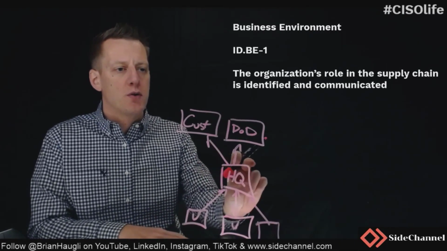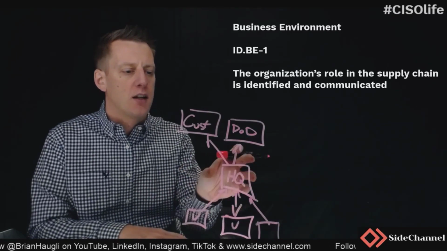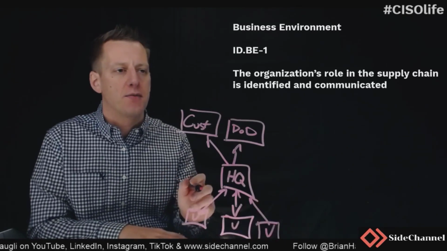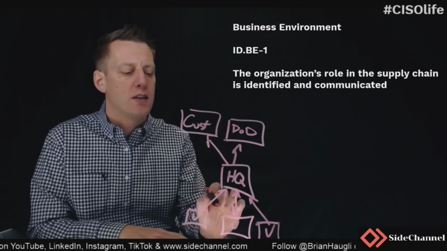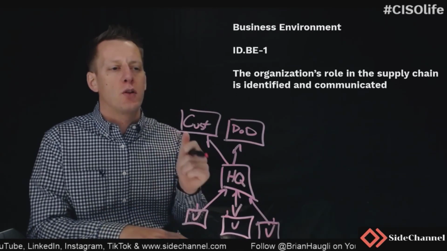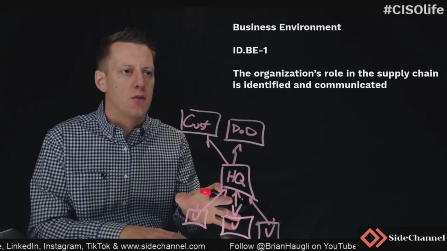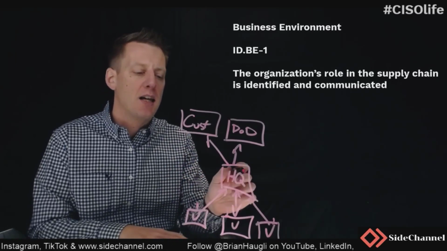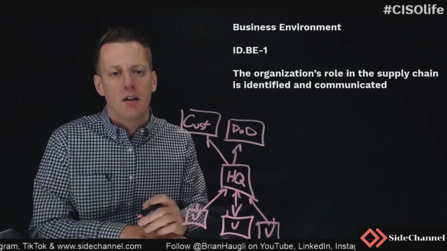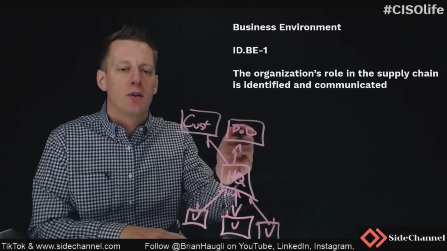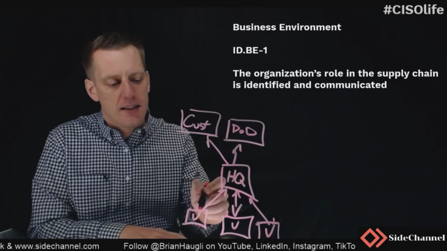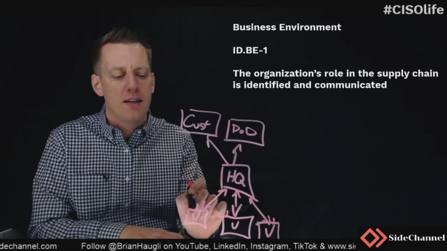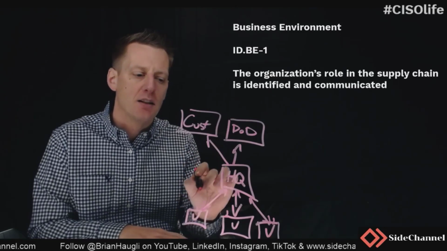Do you know where you sit within this organization? Can you clearly identify who upstream and downstream are from you? Can you clearly identify and understand what these vendors provide for you as services, capabilities, products, deliverables? And have you communicated, or are you able to communicate where you sit within this line to anybody upstream as well as down into your vendor space so that they understand where they sit as far as criticality to your